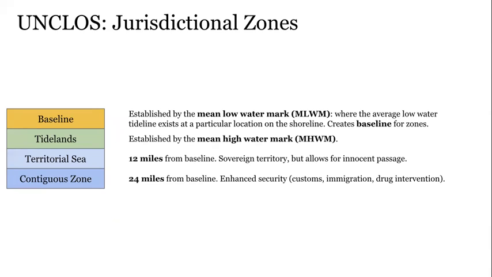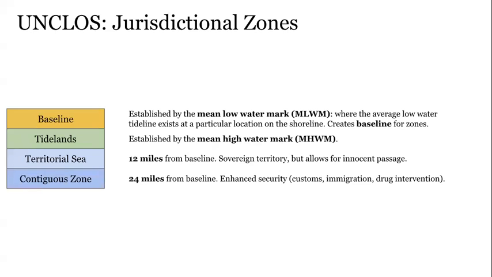And that's where we have, it's not necessarily sovereign territory, but it's an enhanced security. So what we can see is we have a diminishing private property right. What we call the contiguous zone, 24 miles, again, you have passage of other vessels. Other vessels have the right to freedom of the seas and freedom of navigation, but you can have enhanced security. So you can stop these non-coastal nation flag vessels for customs, immigration, drug intervention, etc.